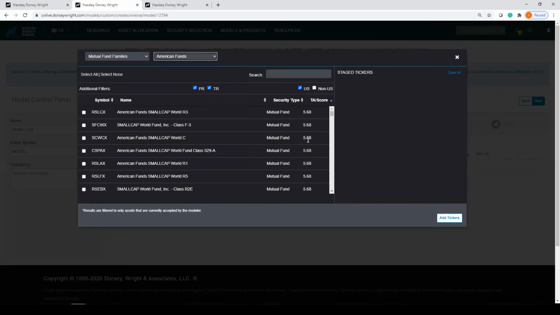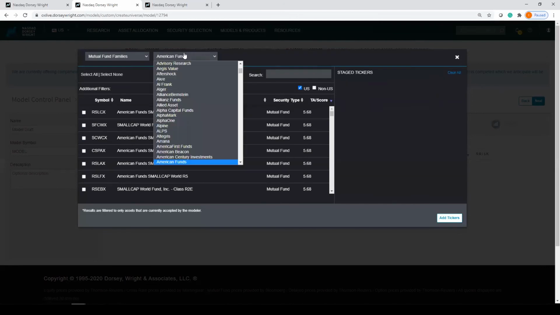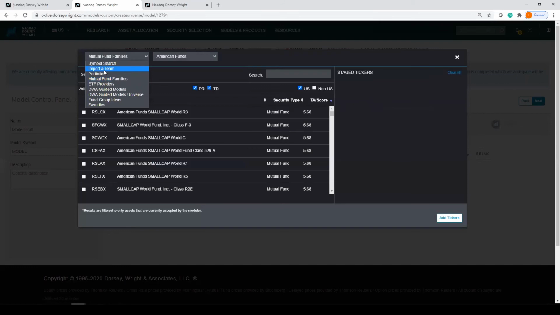You can see the respective scores associated with them. And if you want to move anything over, you can simply check these names. It'll bring it over to a stage ticker, and then you can add those tickers directly there to the model. We're going to go ahead and remove those for now, though, because we're going to go in and utilize a portfolio. So when we go up top, you can see portfolios is one of the selections that we have available